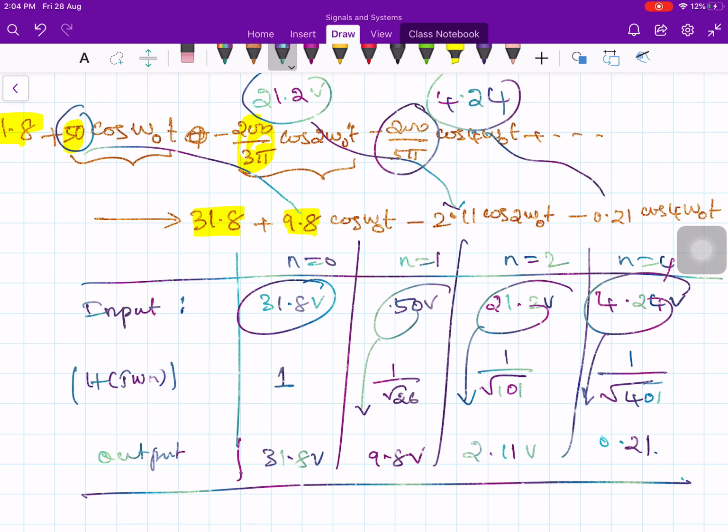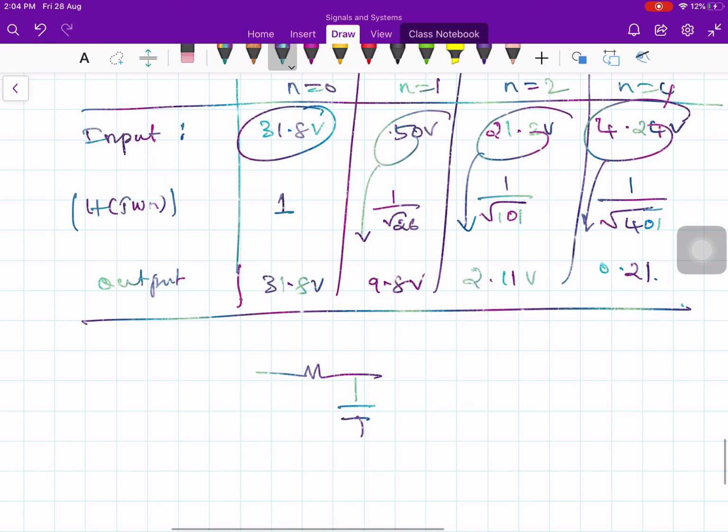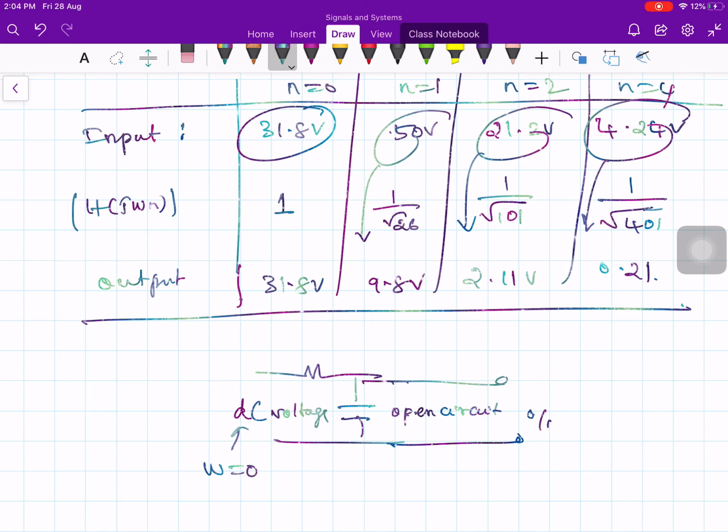When you apply a DC input here, this is an RC filter by the way. If you apply a DC voltage, then what is the frequency? Omega equal to 0. Then this capacitor will act as an open circuit for the DC component. So whatever you apply comes in the output, it will not go to the ground. When you apply a DC voltage to the input, the same DC comes out across this point, let's say A and A dash, and therefore that is equal to 1. That is why we put 1 here. The transfer function is 1, the input output ratio is 1.